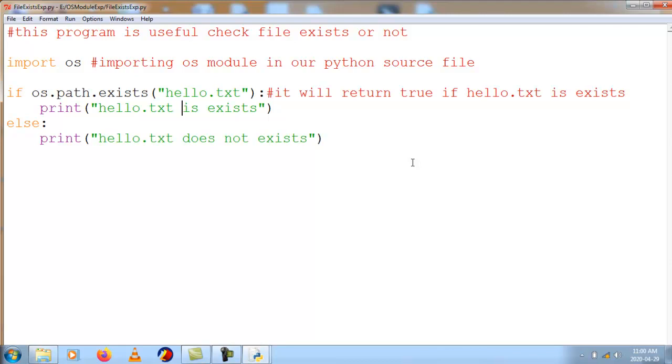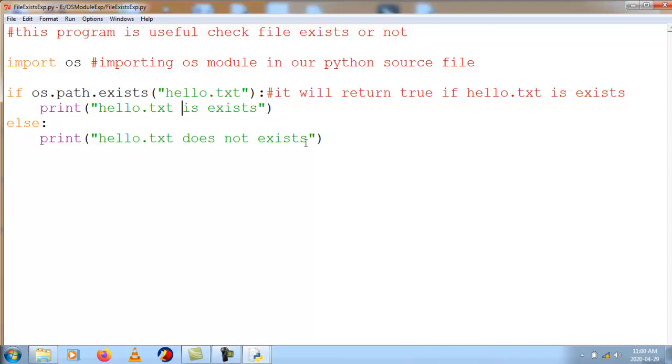Now in the same way we can check whether a directory exists in that location or not. It is the same code; we just need to change the parameter to a directory name. Clear?